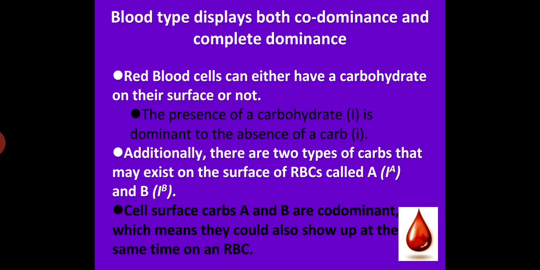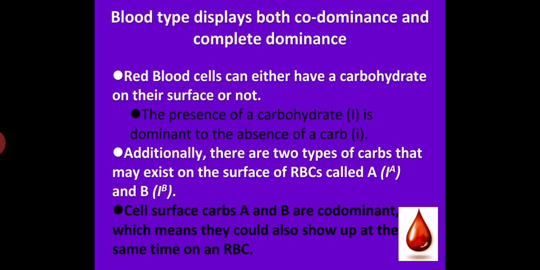The human blood type displays both codominance and complete dominance. The red blood cell can either have a carbohydrate moiety on its surface or not. The presence of carbohydrate, that is capital I, is dominant over the absence of carbohydrate, small i. Additionally, there are two different carbohydrates that may exist on the surface of RBC, called the IA and IB genes, group A and group B respectively. The cell surface carbohydrates A and B are codominant, which means they could also show up at the same time